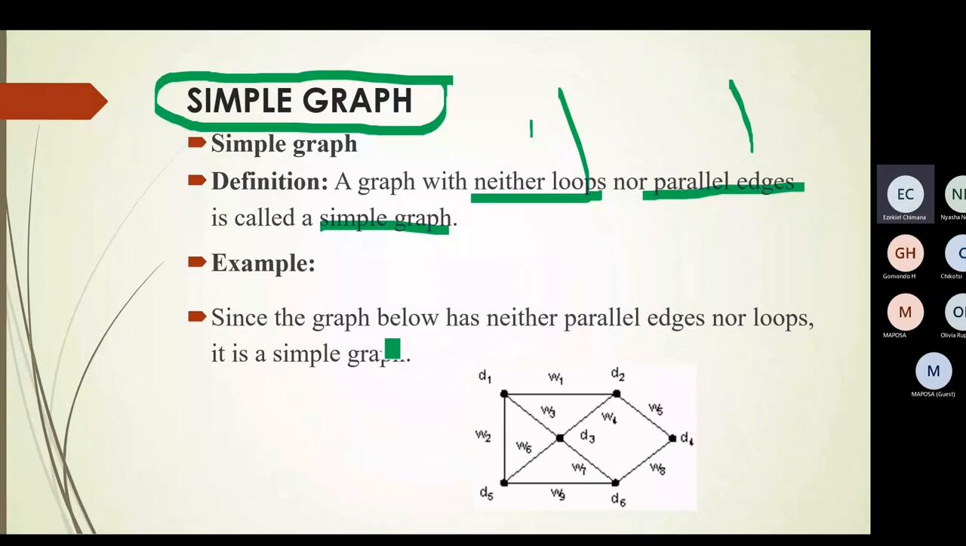So example, since the graph below has neither parallel edges nor loops, it is a simple graph. Here, we do not have any loop, and also we do not have any parallel edges. Like here, if we're going to have another edge, which will be actually parallel to W1, it will not be a simple graph. I think I can move on